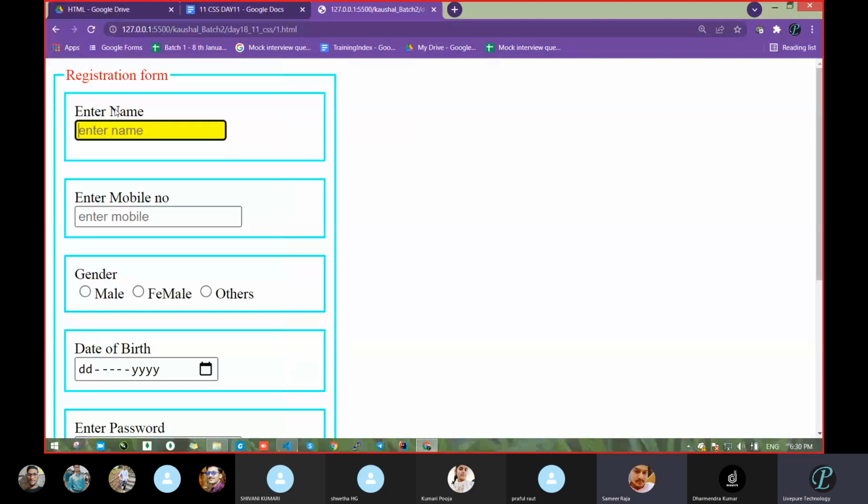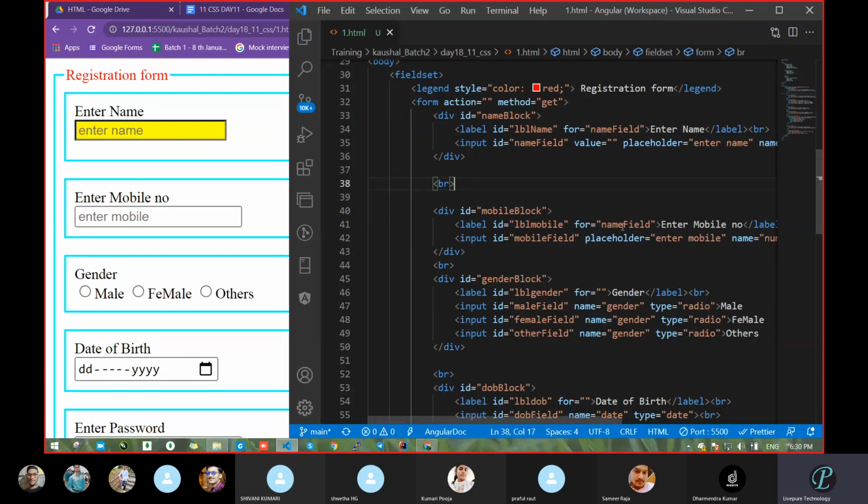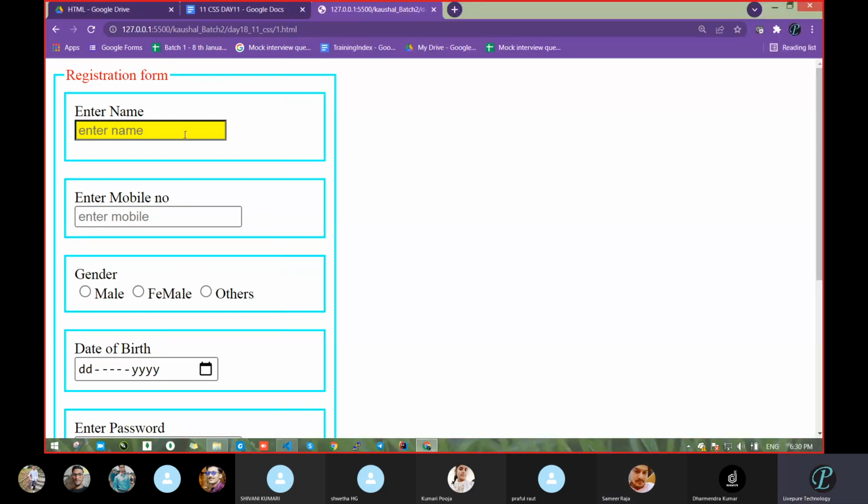Click on enter name. The focus got highlighted on the name text box. Now click on the label of mobile number. What happened? Where is the highlight again? The focus is on enter name, because by mistake we gave the same for name to both, so from two places we are highlighting that section. Got it? Don't think it will focus all fields at the same time. It is not possible. It focuses only one section at a time.